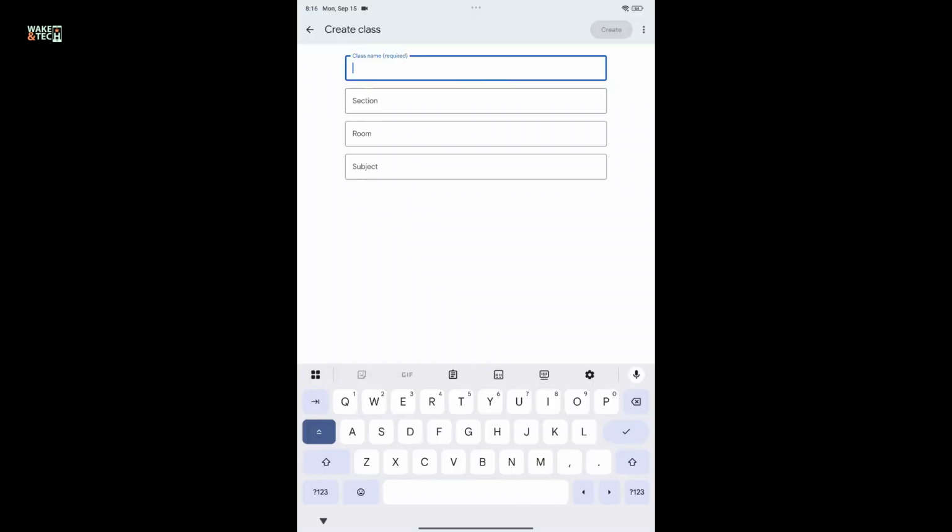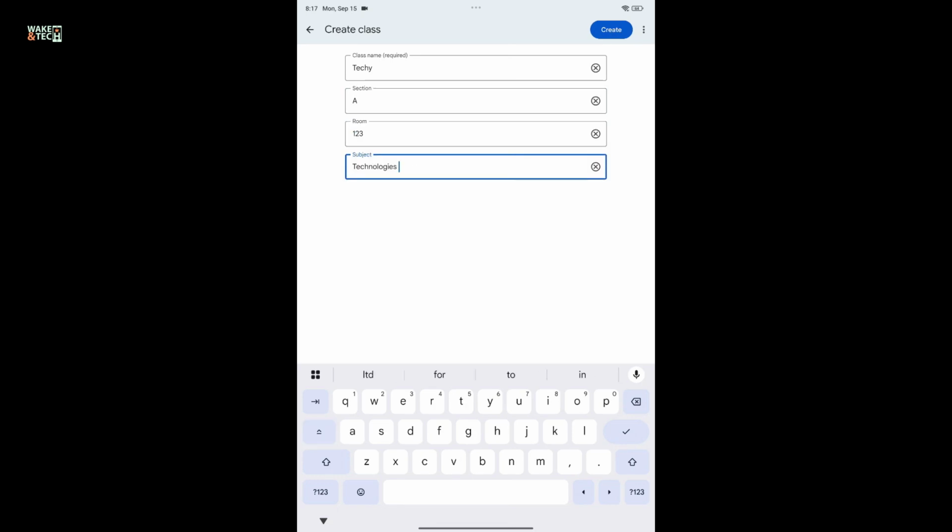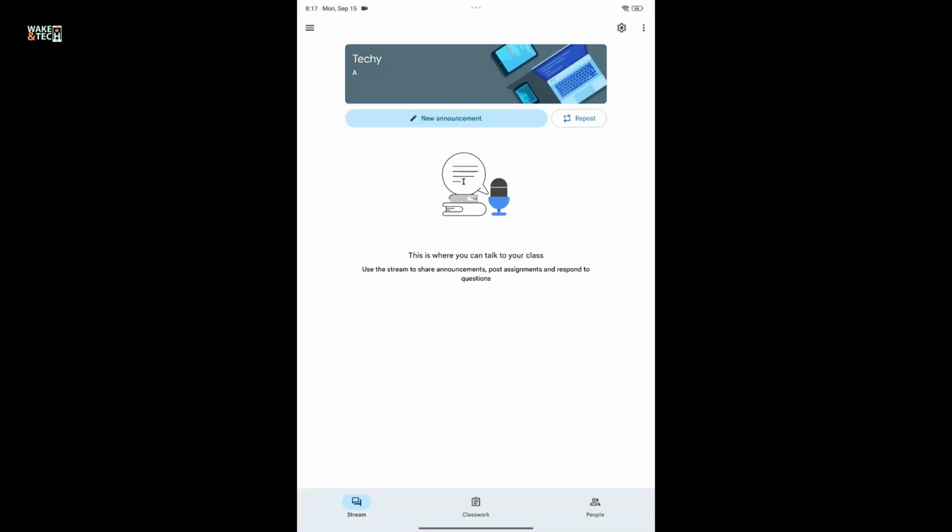On the next page, write down a name for your class. Now, go to the Section tab and enter the section, room and subject for your class. After you are done, click on Create at the top right corner and there you have your new class ready